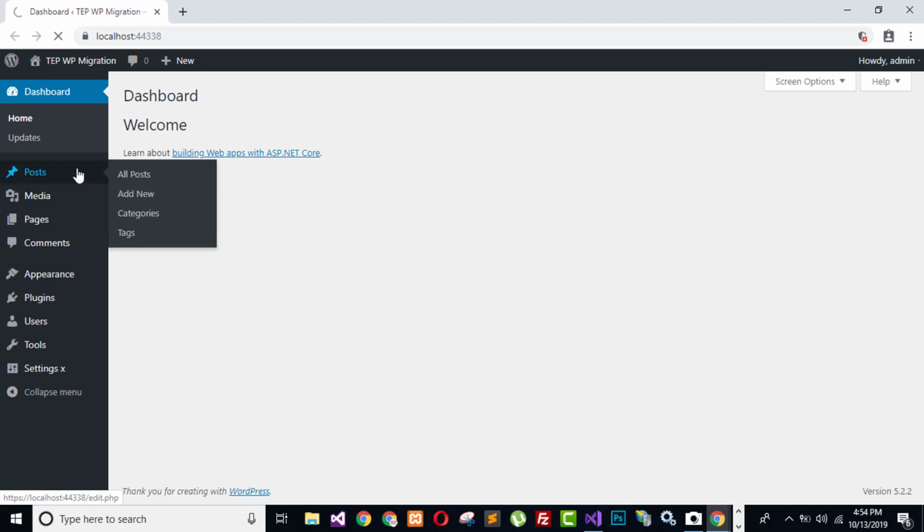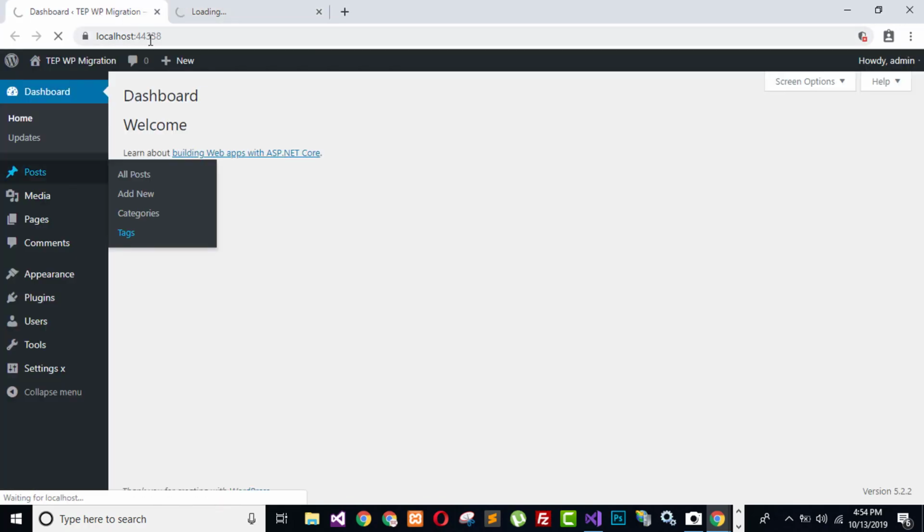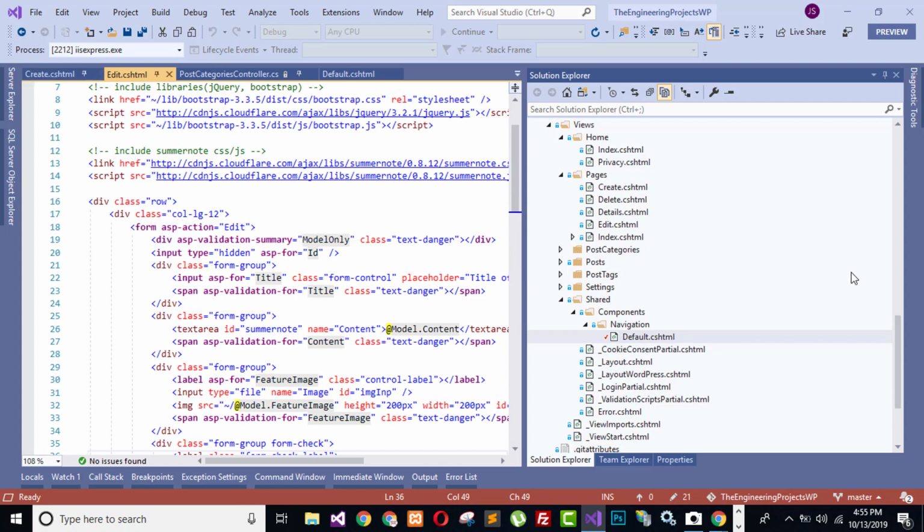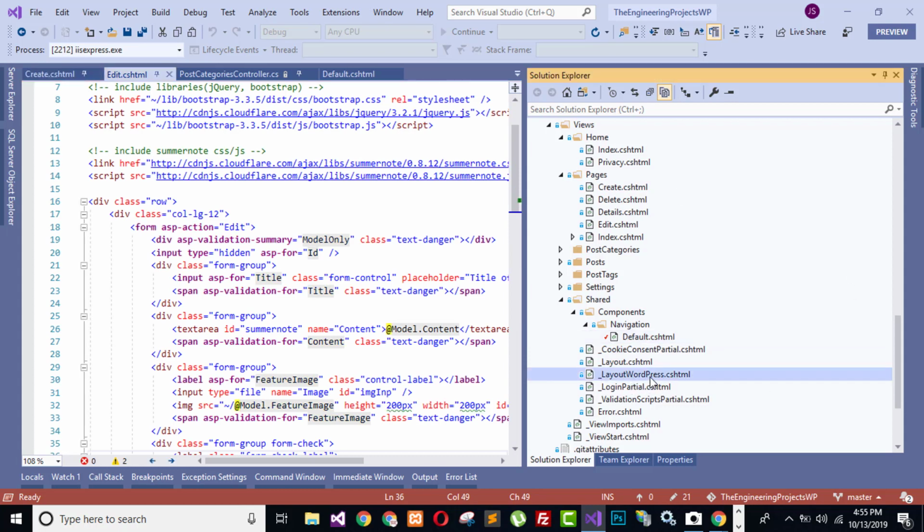After refreshing that, we can access categories and tag from this navigational menu. Here you can see this is the post categories and this is the post tag. Now this is a separate CRUD operation and this is a separate CRUD operation. Okay, both have not been assigned our layout, so we need to work on this layout, which we can